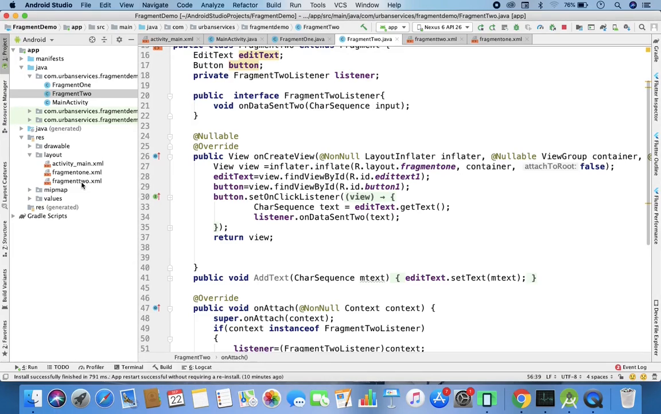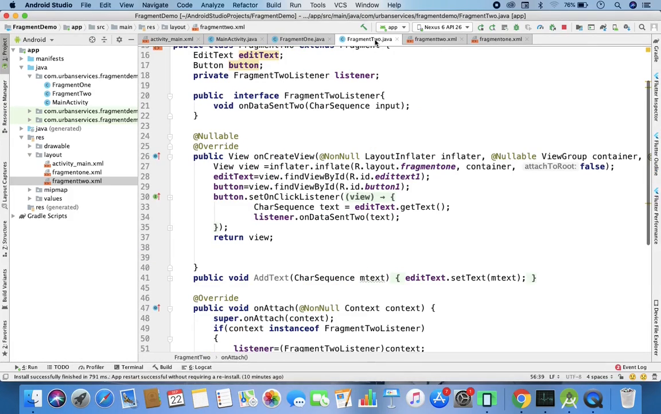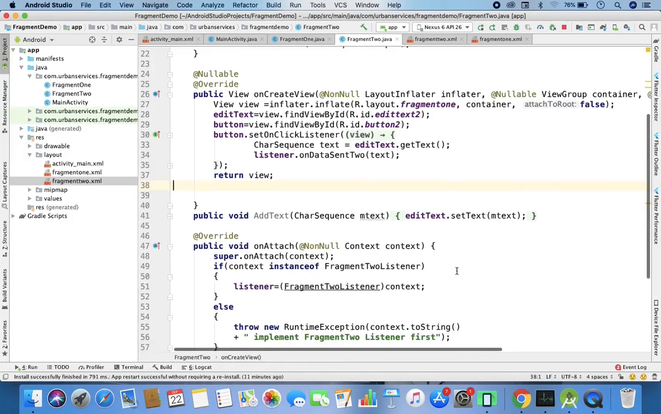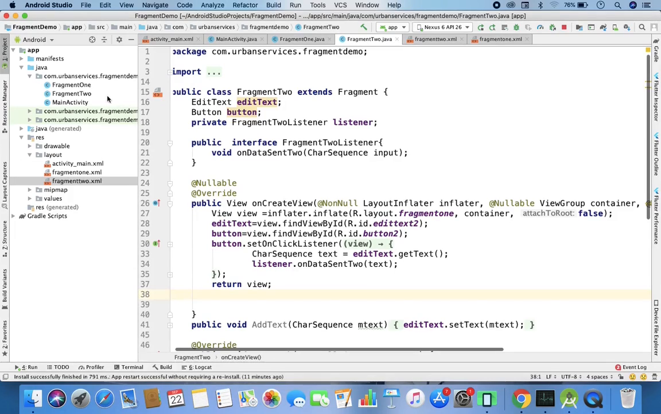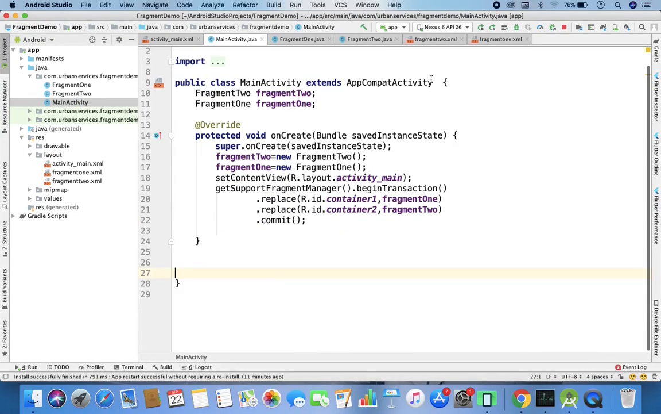Now I go into the fragment2.xml file, and there I try to see if there is any problem. No. Okay, here I need to make it edit text 2, because that is the edit text of the fragment 2, and button 2 is also from the same fragment 2. So this is done. Now one more thing: I will go into the main activity class, which is holding those